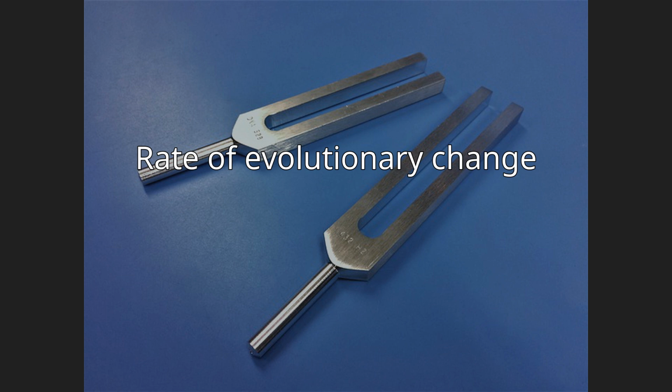Rate of evolutionary change. On some occasions, DNA damage is not repaired or is repaired by an error-prone mechanism that results in a change from the original sequence. When this occurs, mutations may propagate into the genomes of the cell's progeny. Should such an event occur in a germline cell that will eventually produce a gamete, the mutation has the potential to be passed on to the organism's offspring. The rate of evolution in a particular species or in a particular gene is a function of the rate of mutation. As a consequence, the rate and accuracy of DNA repair mechanisms have an influence over the process of evolutionary change.